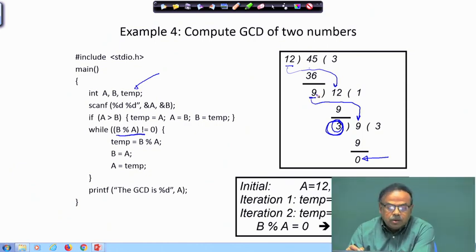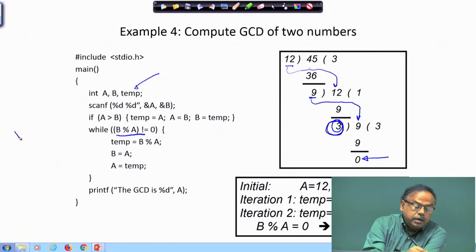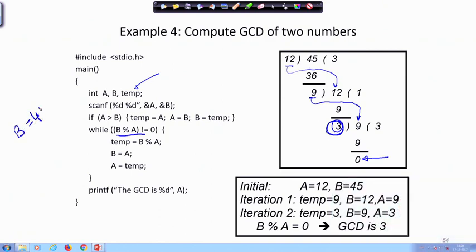Since it is not 0, I am taking temp to be the modulus. B was 45 and A was 12 by this point. Then temp was 45, I try this, it is not 0.